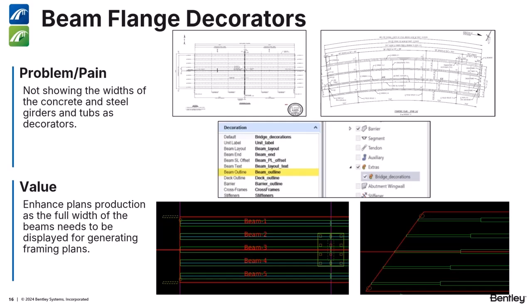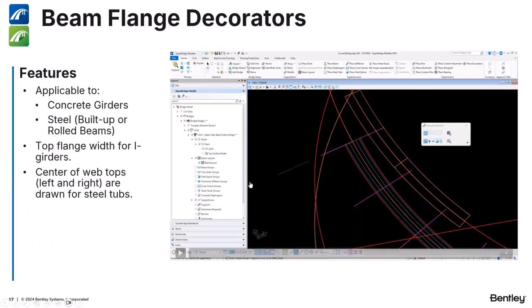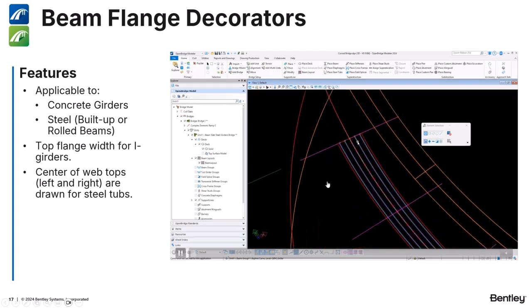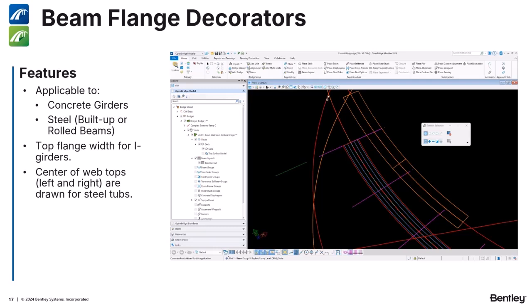So now we do it automatically. We have created a new beam outline decoration. So one more time, this is automatic. Still, you got the center line. But if you want to show the flange, it's also just part of the level symbology there. So when you place beams,